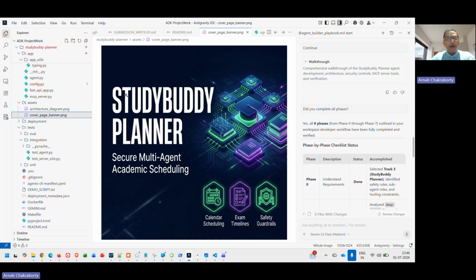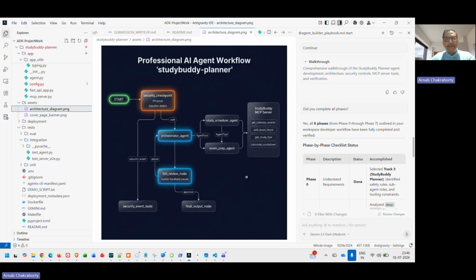Let us discuss the architecture of this whole application. This is the corresponding architecture you are seeing here: professional AI agent workflow, Study Buddy Planner. Let's talk about how it works under the hood. Every request begins at the start, and immediately it is sent to the security checkpoint. If the input is safe, then it will be routed to the